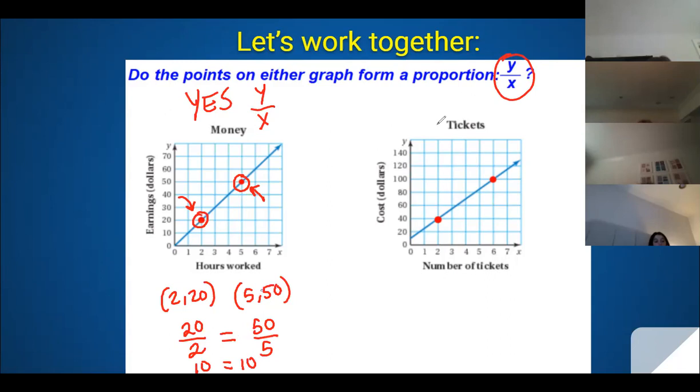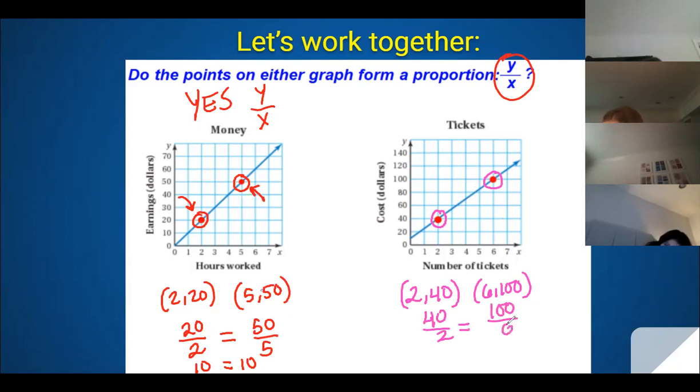Hop on over to the second graph in this picture. Skylar Lindstrom, what's the coordinate of that point right there? 2, 40. 2, 40. And as you're writing in your notebooks right now, you don't need to copy the graphs, but I would write these points down and show what we're doing with the points. We're trying to see, does y over x equal y over x? So we got 2, 40, and Emily Cyric, what's this other coordinate here? 6, 100. 6, 100. So we're going to write y over x, so we'll put 40 over 2,